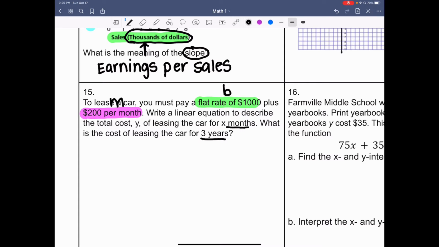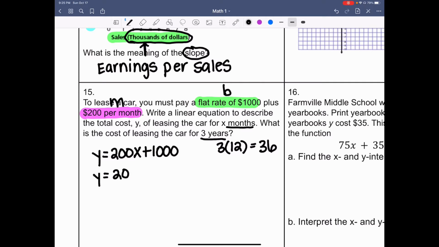Now, this is in months, so we got to make sure that we convert this. So 3 years has 12 months per year. So that's going to be 36 months. So I have y equals 200x plus $1,000. So when I plug this in, I get y equals 200 times 36 plus $1,000. So when I multiply this out,